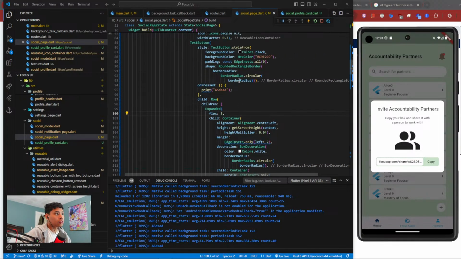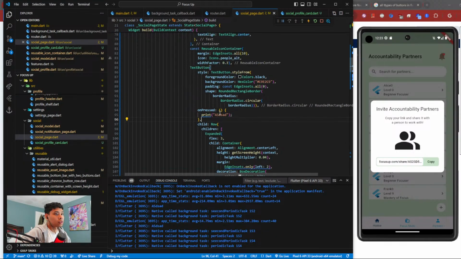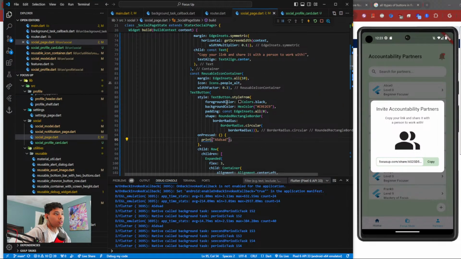And the on tap functionality is here. So we want this where